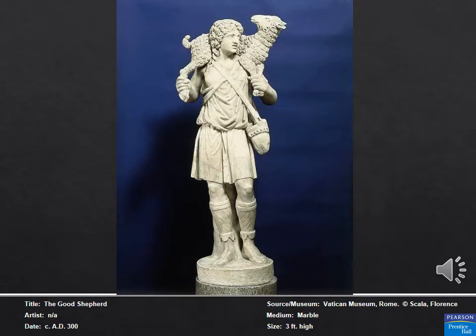So we'll take a quick look at a couple of freestanding statues depicting similar ideas. More Good Shepherd scenes. So this piece is about 3 feet tall, carved out of marble, beautifully done. Really love the detail in the lamb itself over this guy's shoulders. It is a Good Shepherd scene meant to be a symbolic representation of Jesus. And again, I know I sound a bit like a broken record, but again, no halos, no heavenly host, a very simplistic and youthful representation of Jesus in this way.